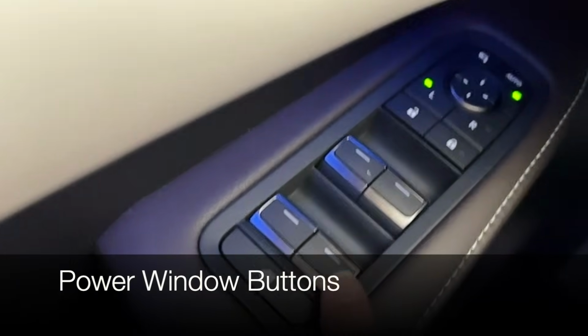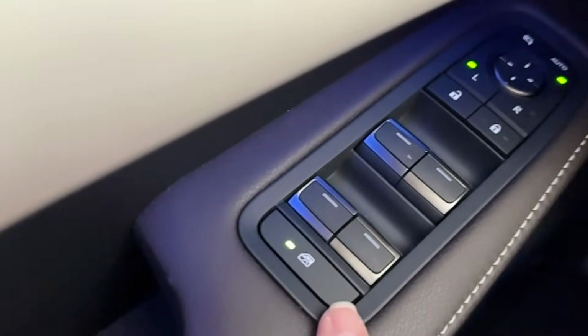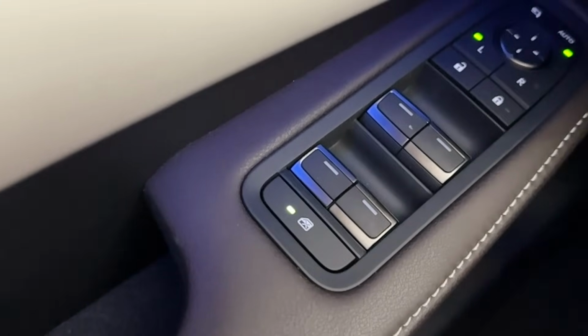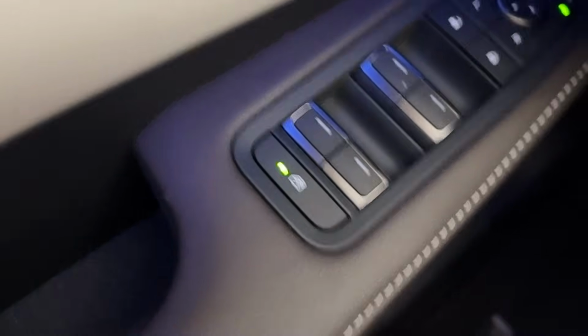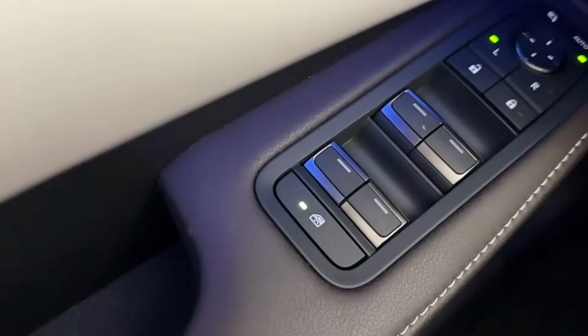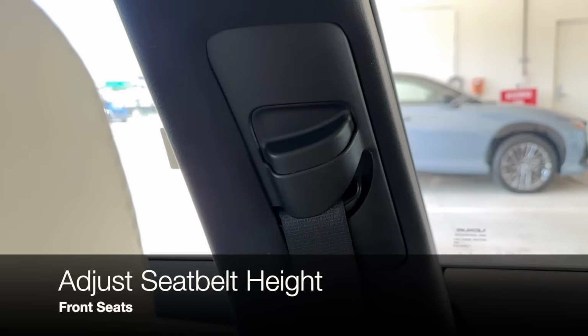Window operation and the window lockout for passengers. So if you don't want passengers operating the window, make sure that you see the small green light by the window lock button. And taking a quick look at a neat adjustment for the shoulder point for the seat belts